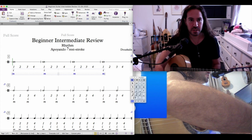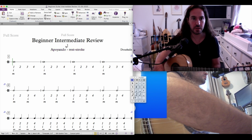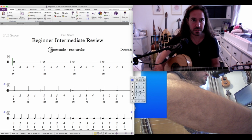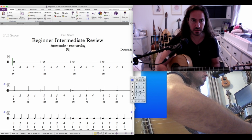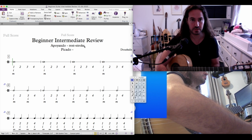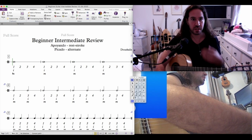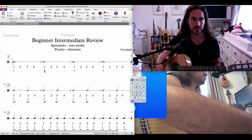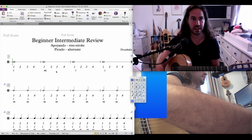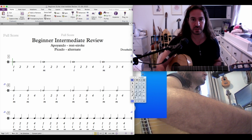Today we're going to introduce a new technique, and we're going to call that Picado. What Picado means in guitar is to alternate. So instead of doing I alone and then M alone, what we're actually going to do is alternate like walking, I and then M all the way throughout. So an exercise like exercise 1